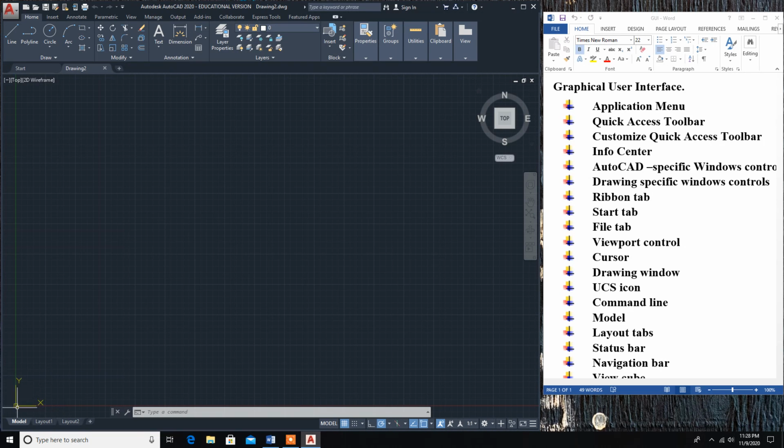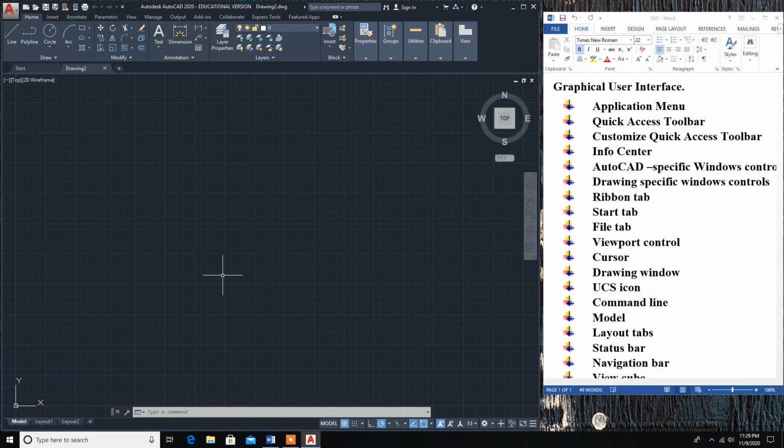One is the user coordinate system, or in other software it is called the working coordinate system. Another one is WCS, which means world coordinate system, or in other software it is the model coordinate system. In AutoCAD it is called the world coordinate system; world and model coordinate systems mean the same. The third coordinate system is the screen coordinate system. Regarding the screen coordinate system, we will see it in the next videos.